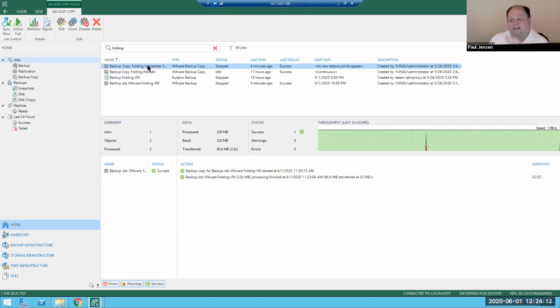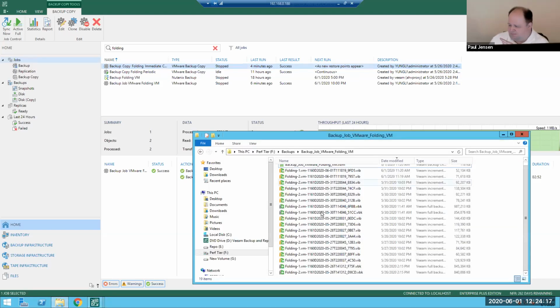It is doing it as the files are completed. Now, this has multiple files. It has a very long retention policy. It is a standard forward incremental. I'm keeping everything. The immediate backup copy job follows its retention policy religiously, and I'll show you what I mean,